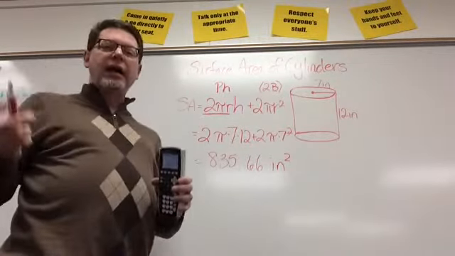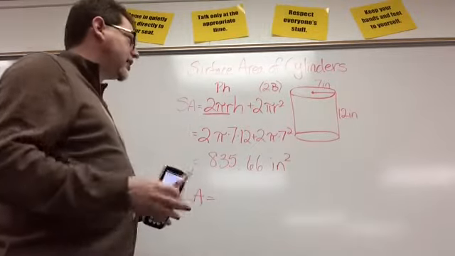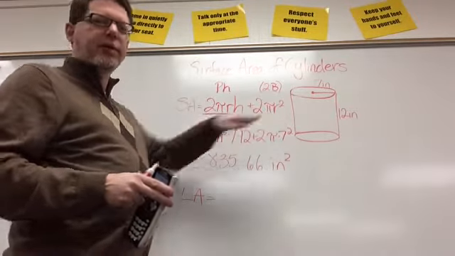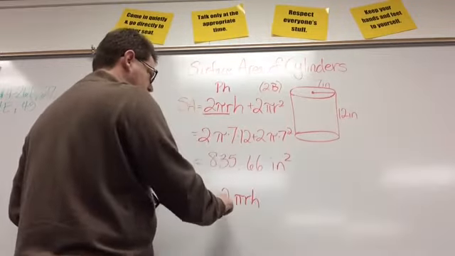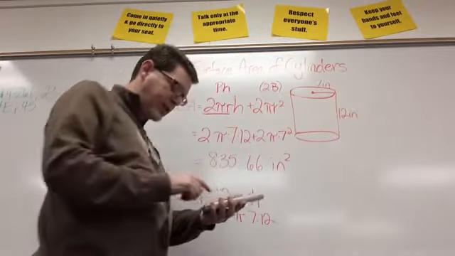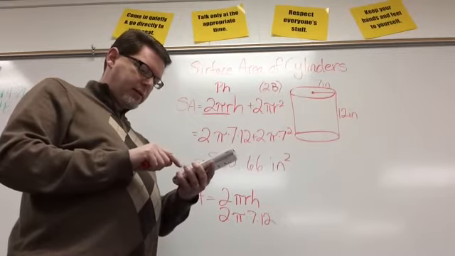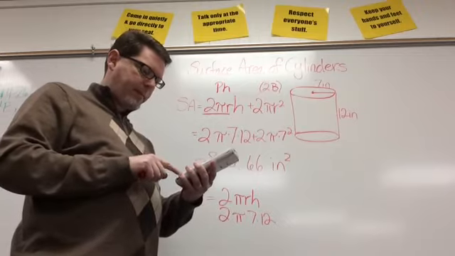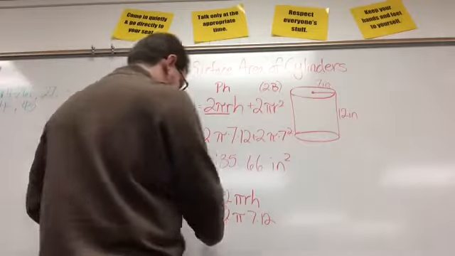Now what if we're doing the lateral surface area? The lateral is just the first part of the equation. I don't add the area of the bases. So lateral is just 2 pi r h, which we already know is 2 pi times 7 times 12. So 2 pi times 7 times 12 is 527.79